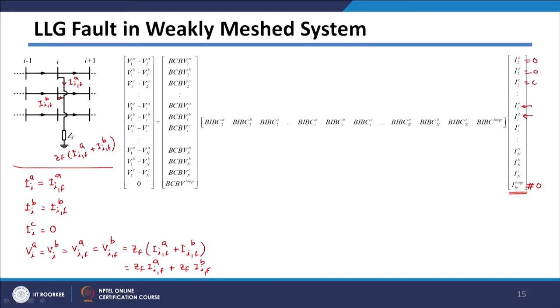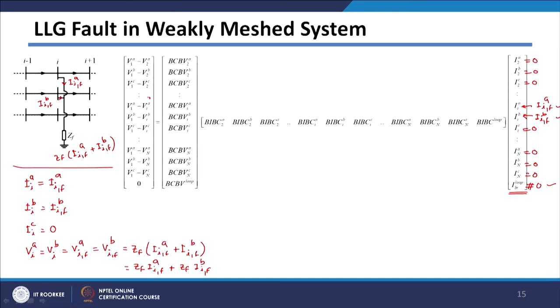So, these currents are 0 here, and we have seen that this current is post fault current of A phase and this current is post fault current of B phase. So, only these entries will be non-zero here,